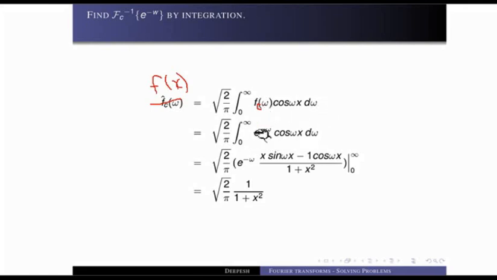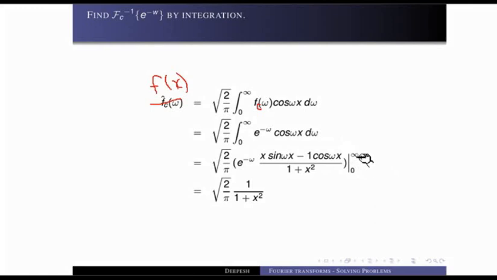So just put the function here, and you can use the formula e raised to ax into cos bx here. And here we are integrating with respect to omega. So omega is the variable, whereas x has to be treated as the constant. So if you treat this as cos bx, then b is x, not omega, because the integration is with respect to omega now. So you need to take x as the constant and evaluate it from 0 to infinity. So that means you are putting values for omega, not for x.